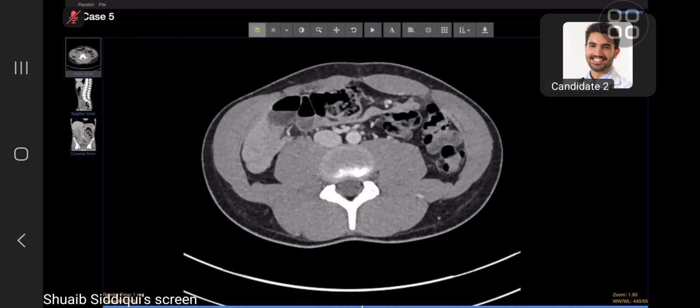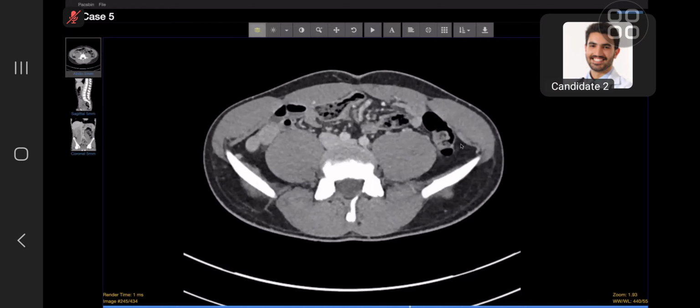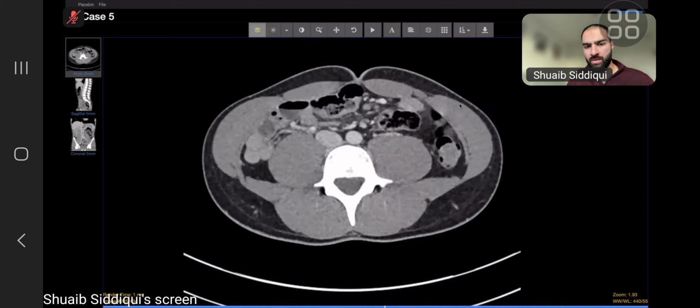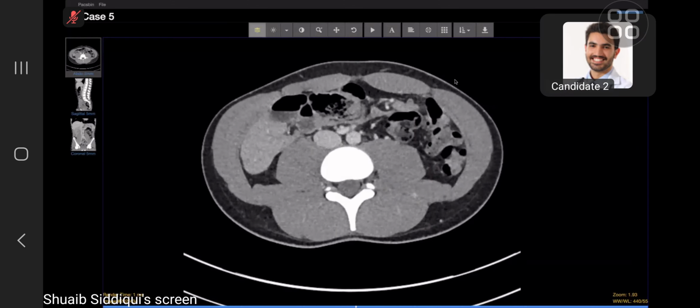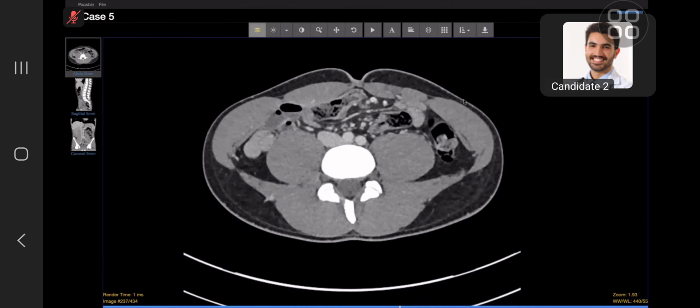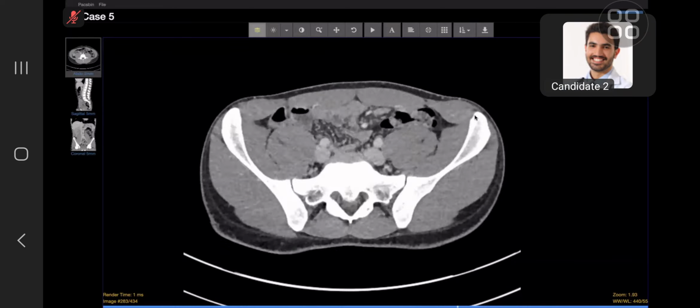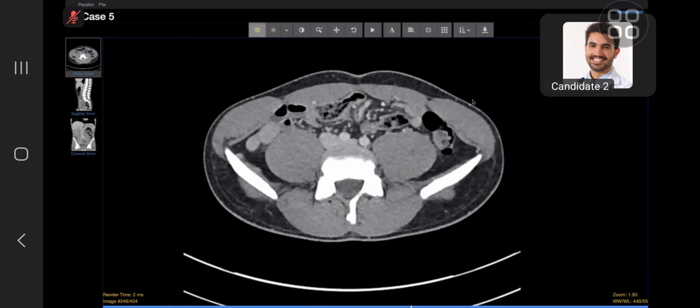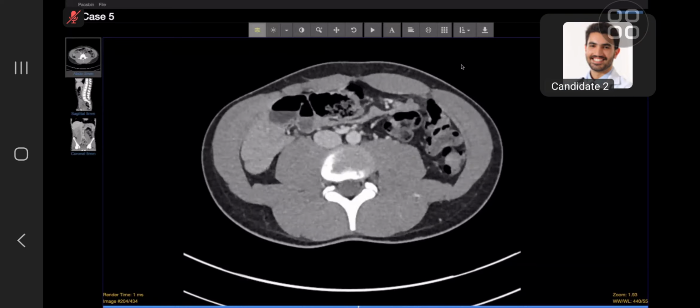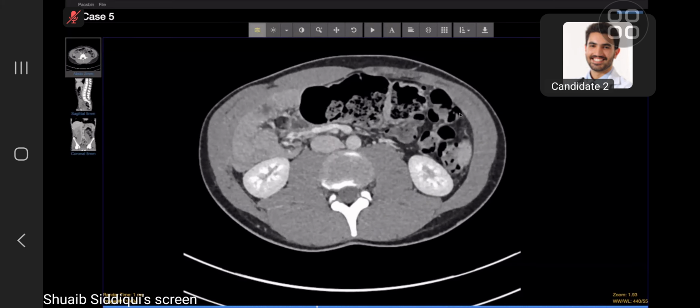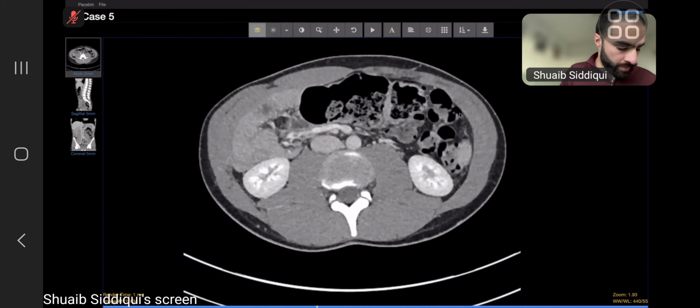Anywhere else? Show me where. Yes, the ascending and descending should be retroperitoneal. Maybe the ascending here is not. So where's the cecum? Yes, it's near the midline. So it's not in the right retroperitoneal region. Sorry, the ascending. Yeah. Okay, fine. So this patient's come to A&E with